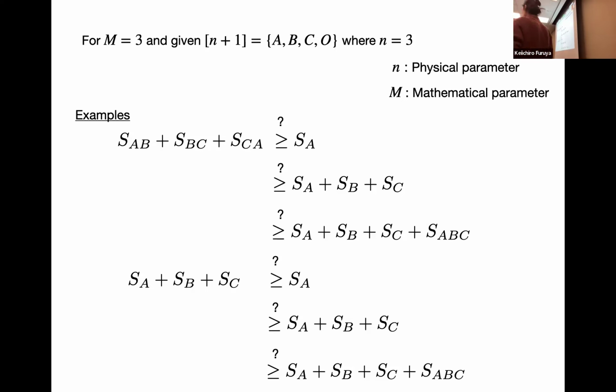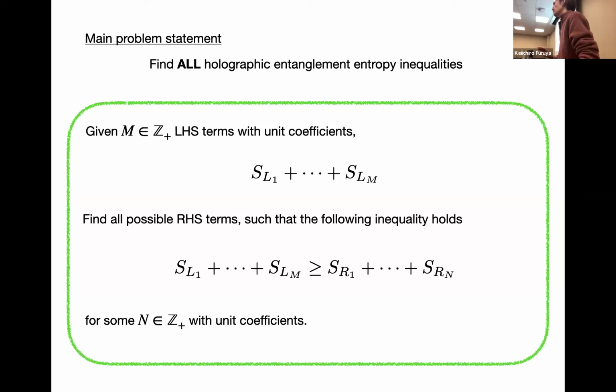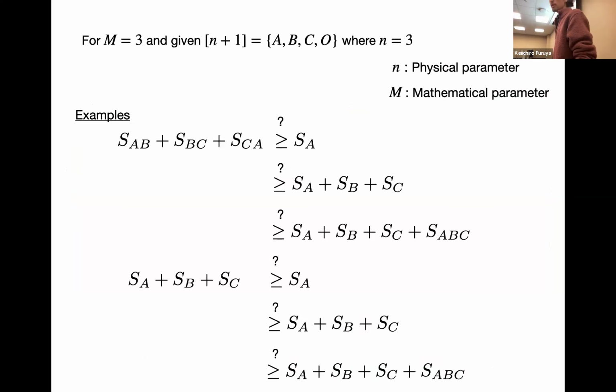One thing I want to be very careful about, I will stress this later on. But in this problem setup, I didn't mention anything about small n. That's a very important part to make the problem very general. But basically, if you want to have a specific inequality, you need to determine m and n both.